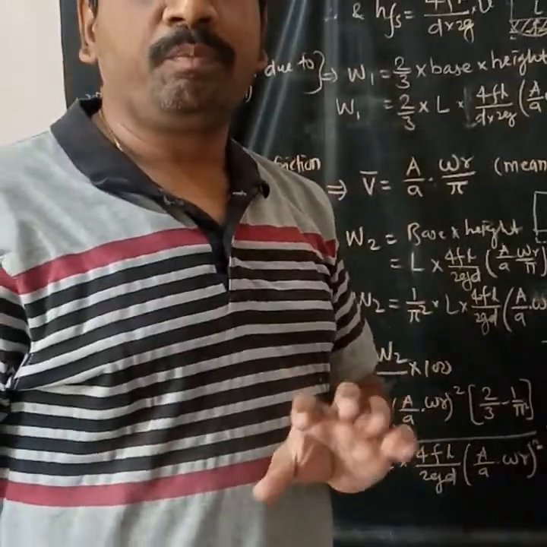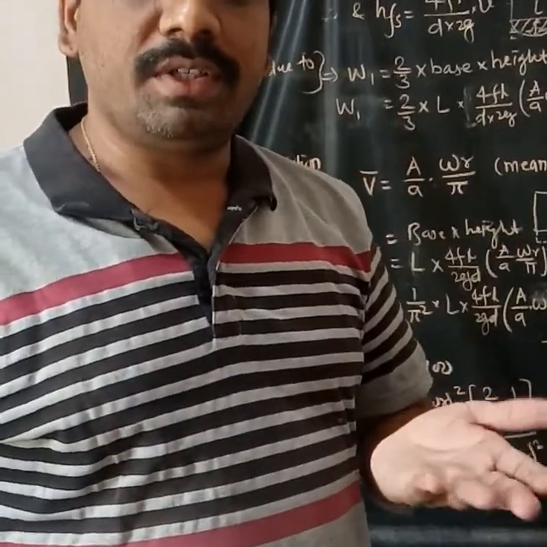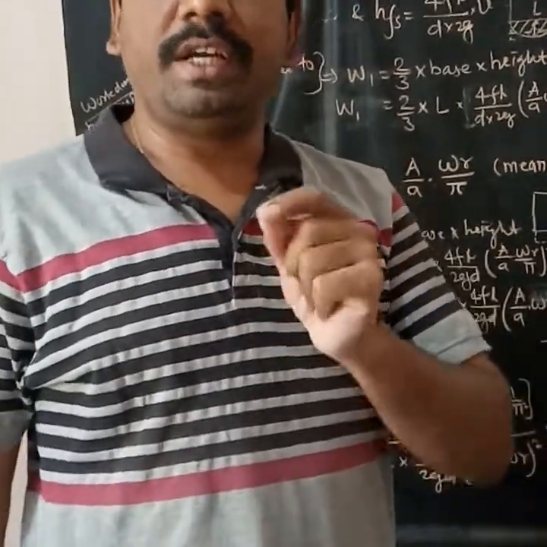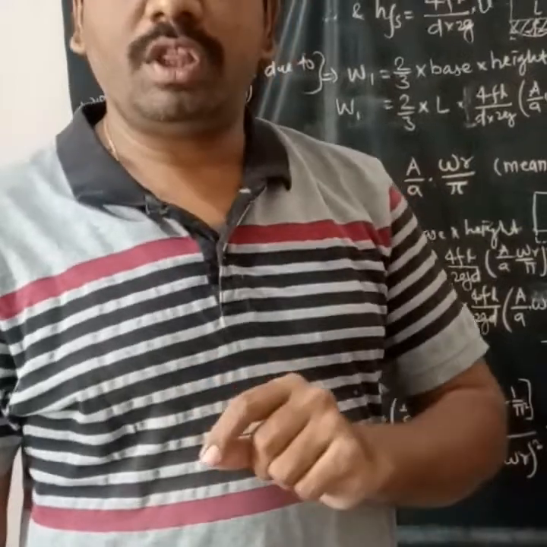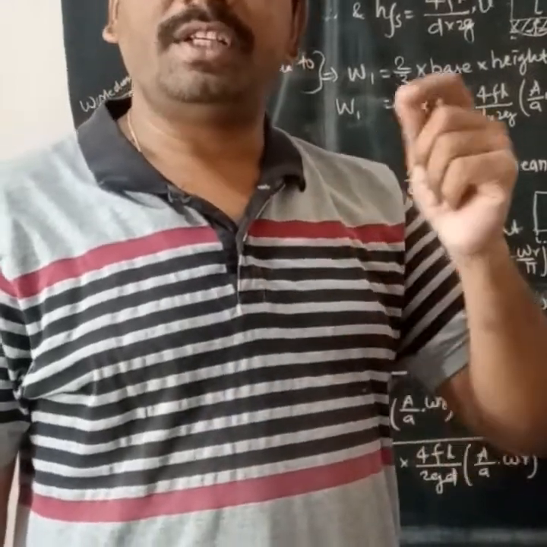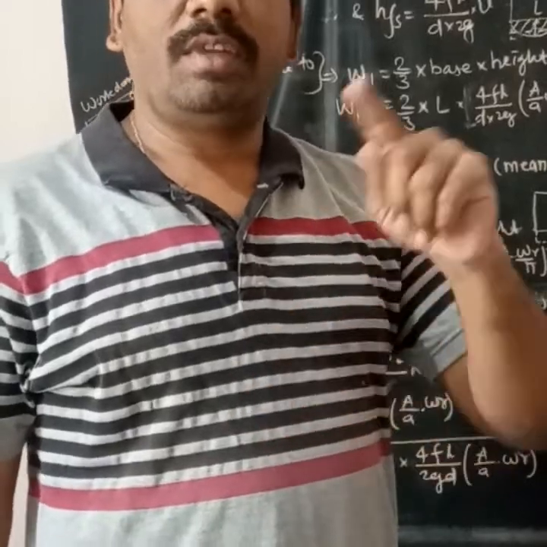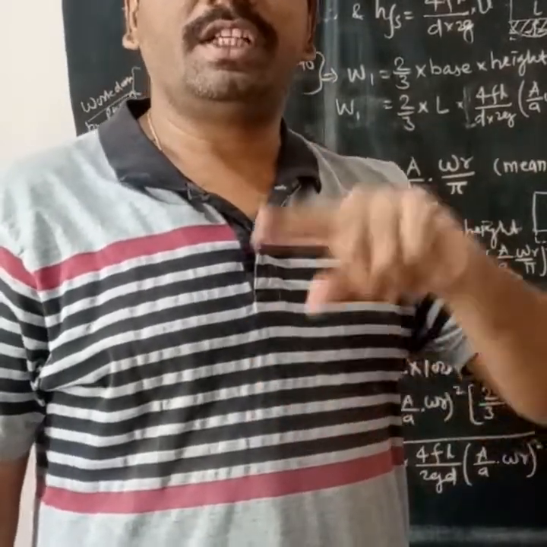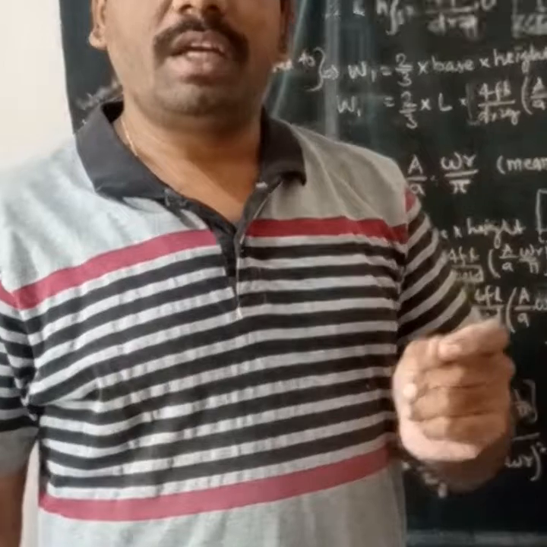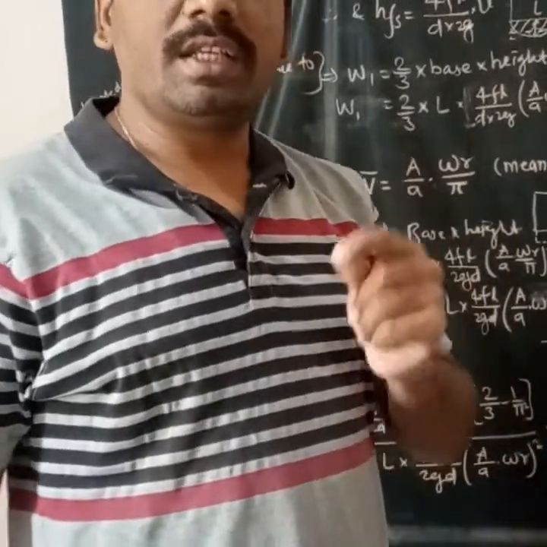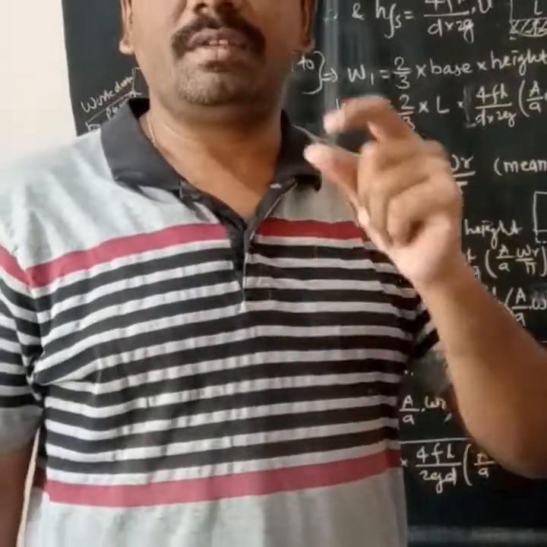As you know, whenever there is HFS, HFS at theta equals 0 is 0, at theta equals 90 degrees it is maximum, and at theta equals 180 degrees it is again 0. So we have seen that the nature of that curve is parabolic, and that's why the work done against friction can be represented with the help of the